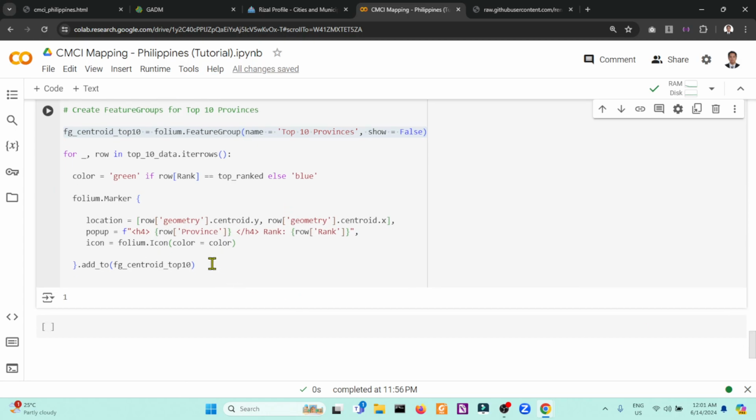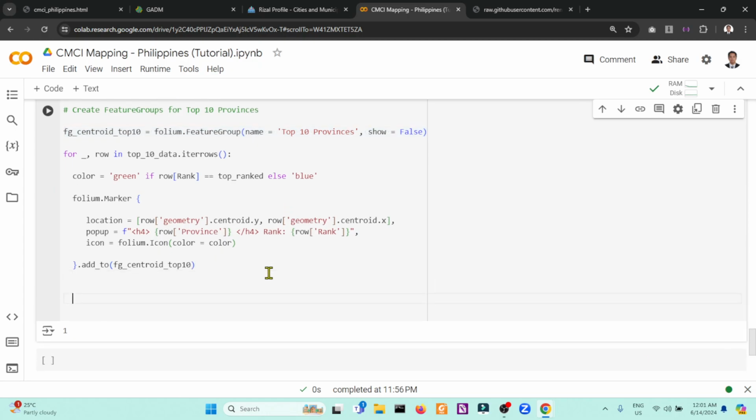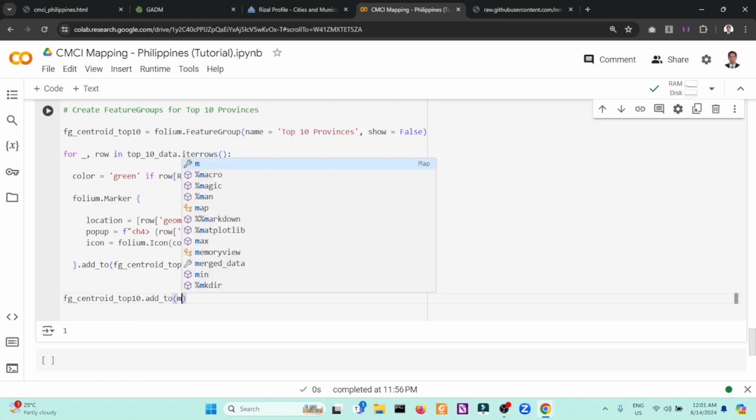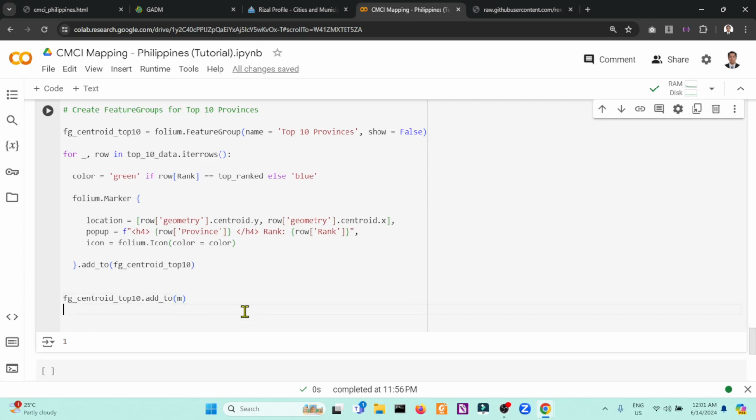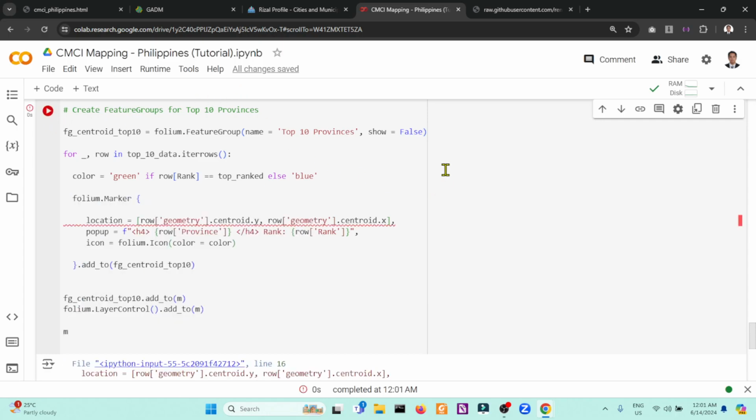We will add the FG centroid top 10, then FG centroid top 10 we use to add to the specific map. So if you want to see the layer control, let me define a specific layer control. So we need to assign a volume layer control. For example, I want a volume layer control to add to M, then display the map itself, which is M.